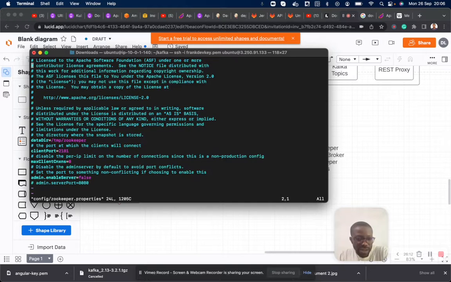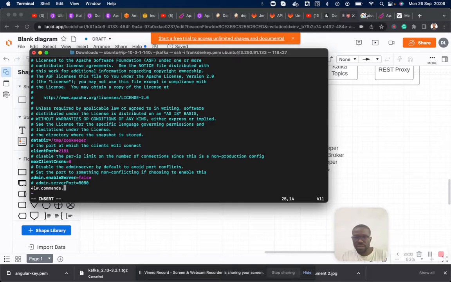In this file, I'm going to go to the bottom and make a new entry. I'm going to call that entry four letter word commands whitelist.